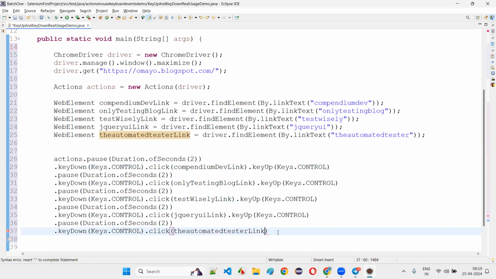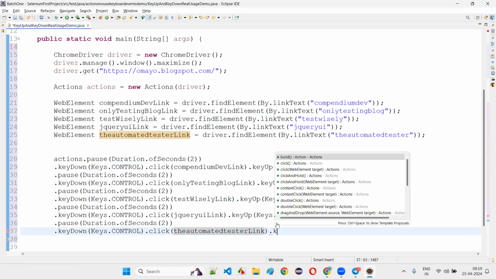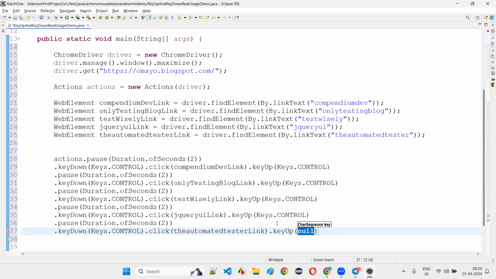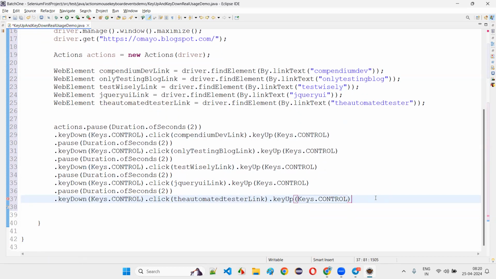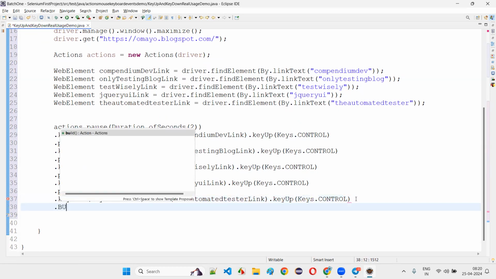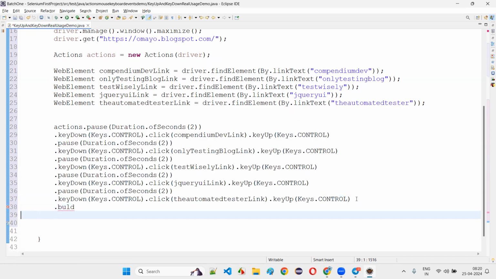So if you want to key down and key up immediately, then go for send keys. But with some activity in between, if you want to key down and key up, then you have to go with key down and key up commands. This is the main advantage of using the key up and key down commands. Okay, then dot, finally you have to say dot build dot perform,